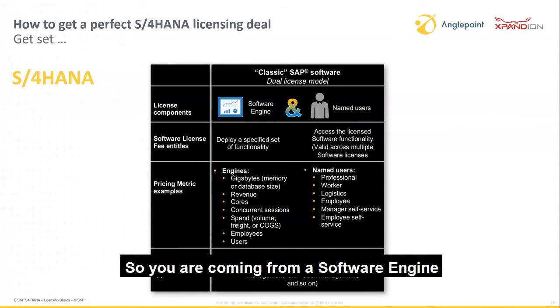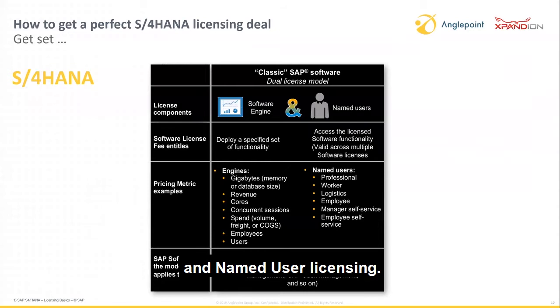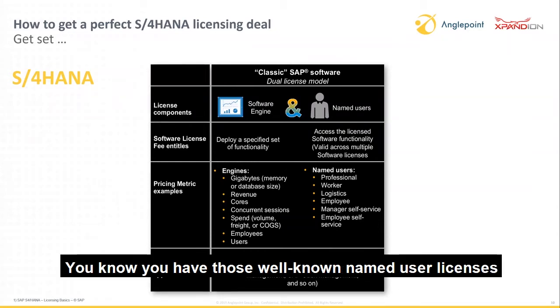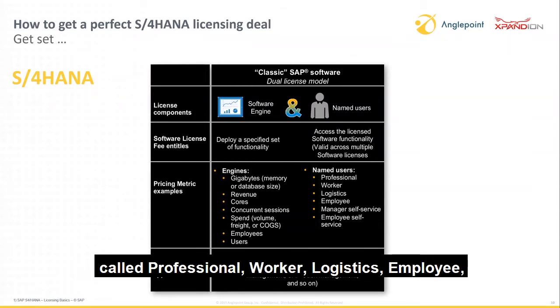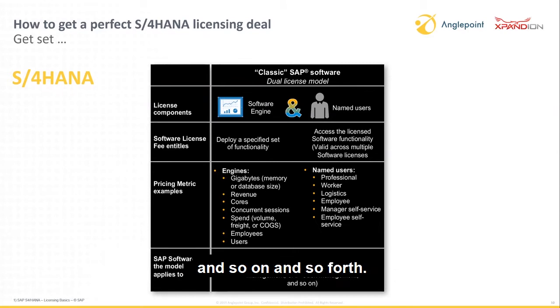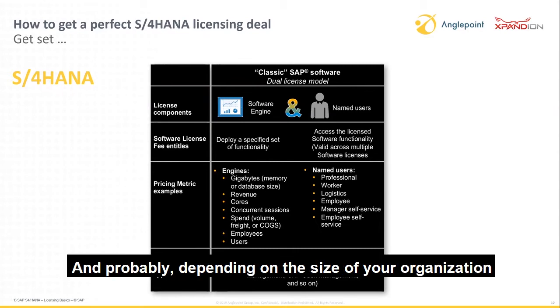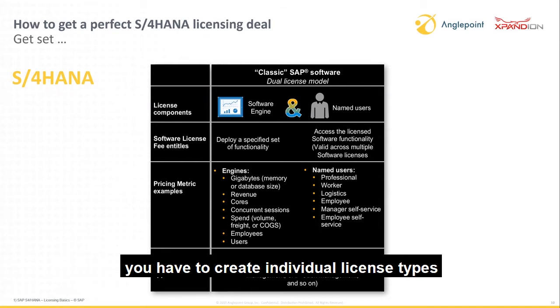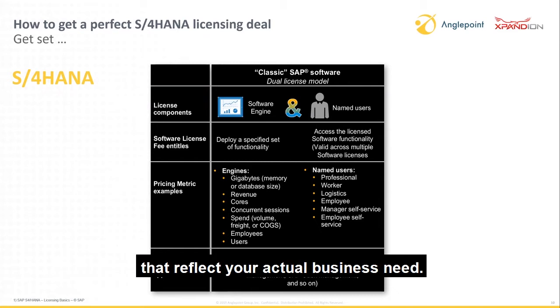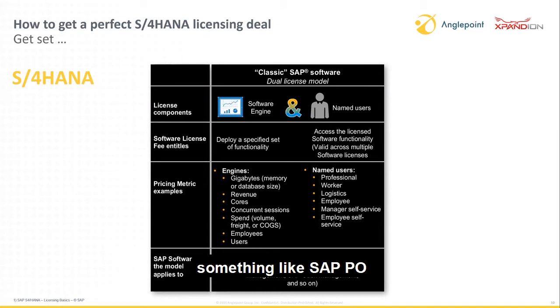So you are coming from a software engine and named user licensing. You have those well-known named user licenses called professional worker, logistics, employee, and so on and so forth. And probably, depending on the size of your organization, you have agreed to individual license types that reflect your actual business need. And then you have a couple of engines, something like SAP PO or GRC,